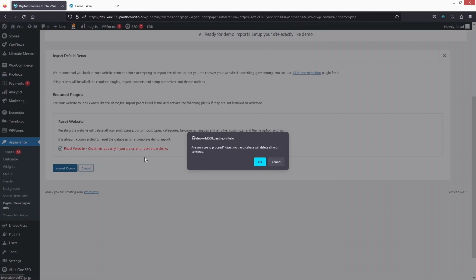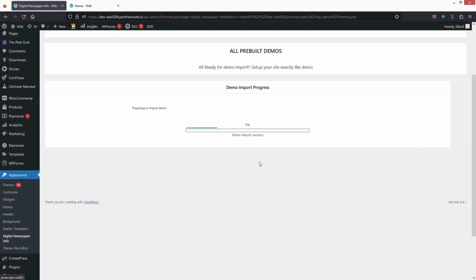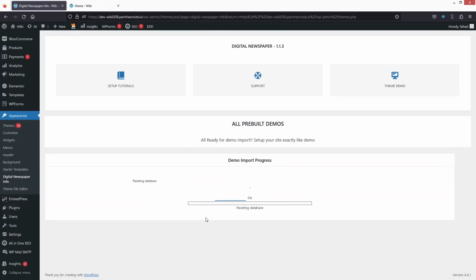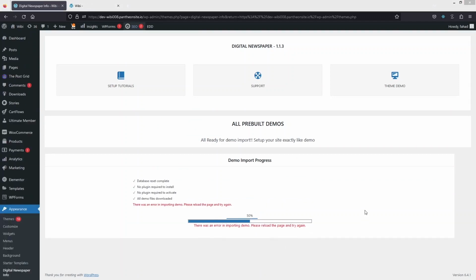But you have to remember that when you import the demo, it will reset your website. It will actually delete everything that you had previously. So let's click on OK here, and it will take some time. So let's wait for it. Alright, I'm having some issues while importing the demo. I don't know the reason. It might be because of my internet connection, but